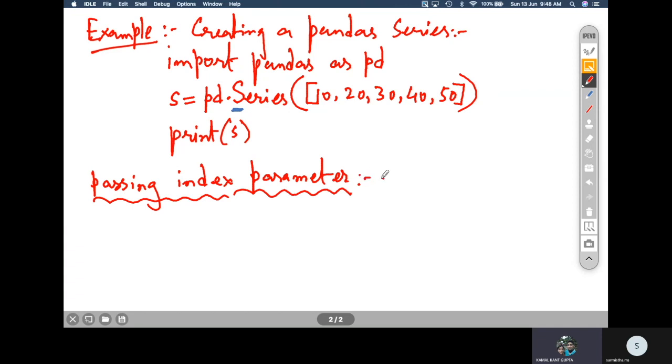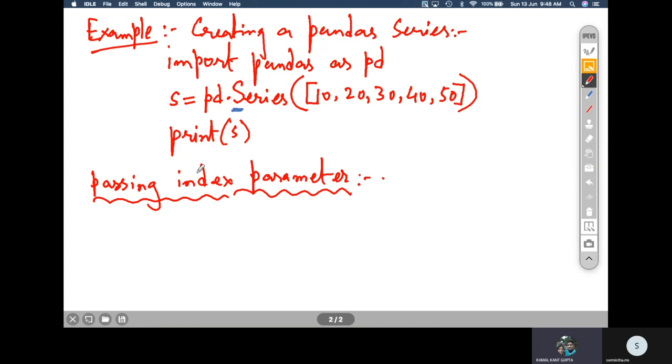We have seen the series method, an important method. The series method itself contains many parameters, right? The first parameter being the data, and the second parameter being index, right?